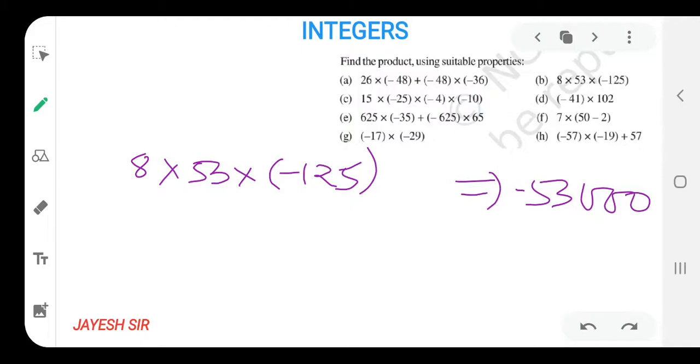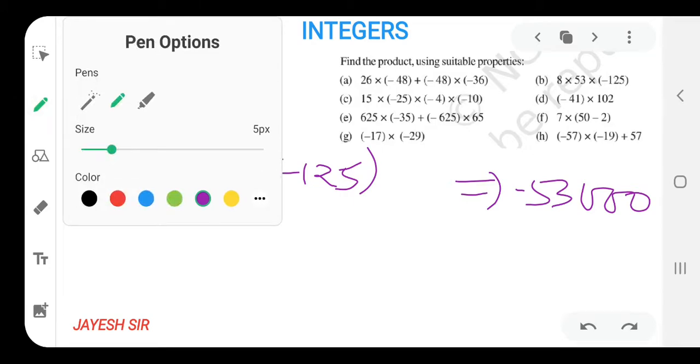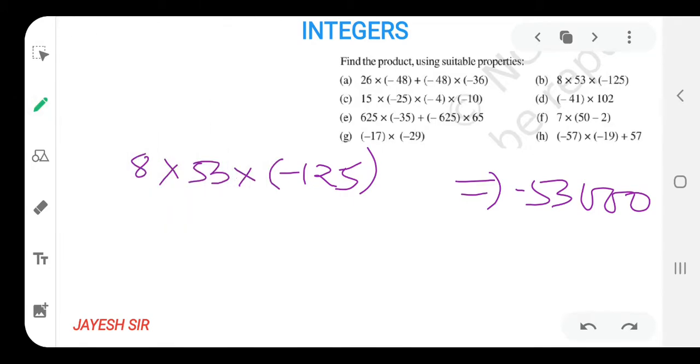So what are the good numbers? Let us see that, friends. First thing, some results you have to learn, or they would be learned by heart, as you have to solve it a lot of times, then you would be easily able to remember it. The important result is 125 into 8.